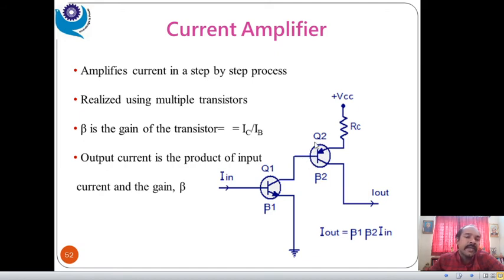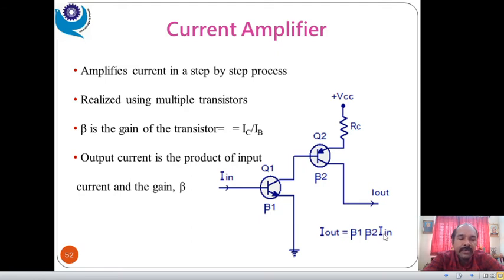Again this is amplified with the help of transistor Q2, and that is given to the output side. Over here the amplification of current is decided by the gain of an amplifier, that is beta, the beta factor. So IC is equal to whatever the current is generated at this point, that is Q1. IC is equal to beta times IB. So the output current is the product of input current and the gain. Overall, whatever the current we get over here, output current, is the product of current gains and input current.